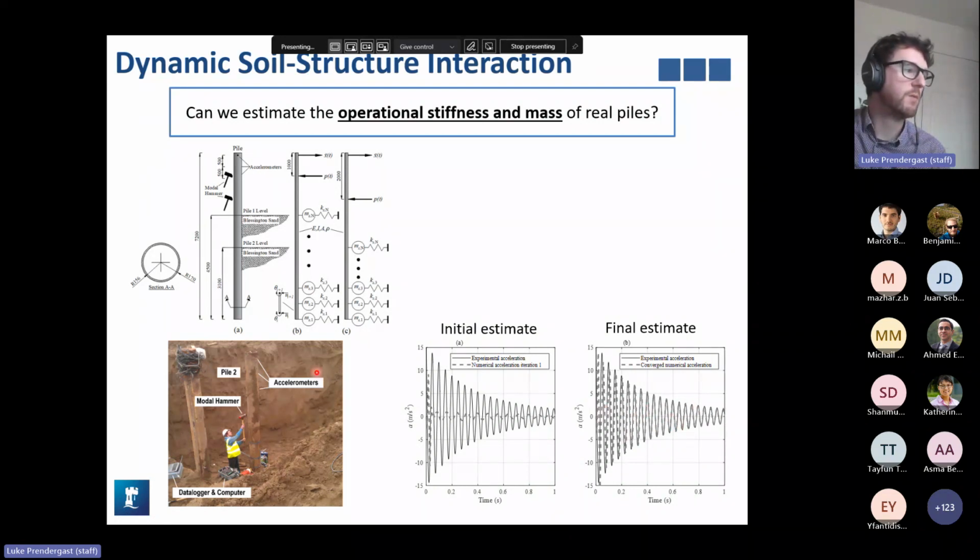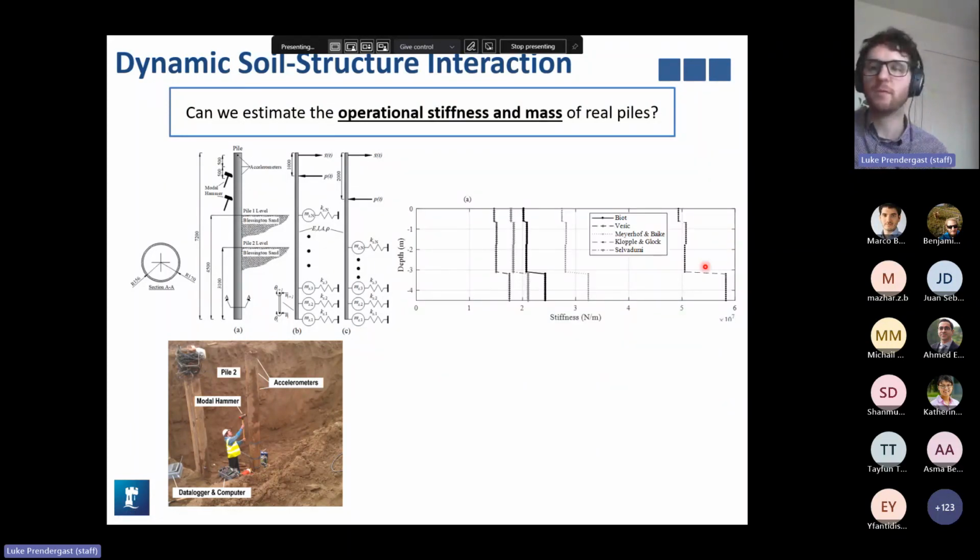And just to show you what that looks like in terms of 5 different runs of the model for 5 different estimates of stiffness. If we use these 5 different models from the literature to predict the operational stiffness of the ground, we get 5 very different stiffness profiles. So this was something that was problematic because it suggests that the ability to determine the frequency of a pile is actually quite complex. So what we did was we inputted each of these models as our starting guess in the model, and we ran it until such a time as we got convergence.